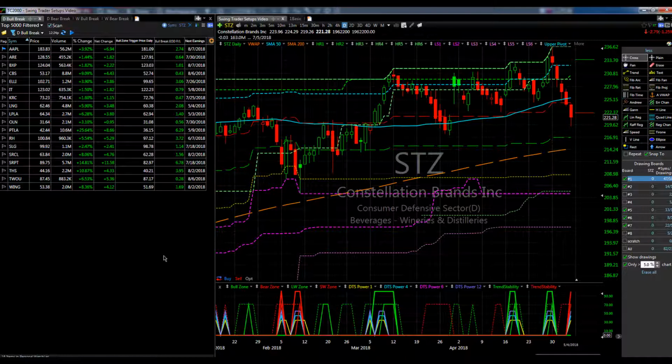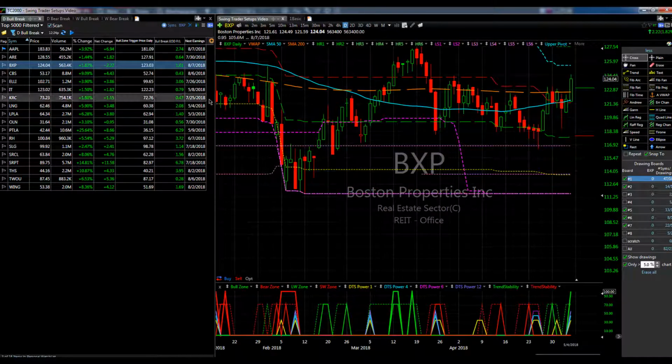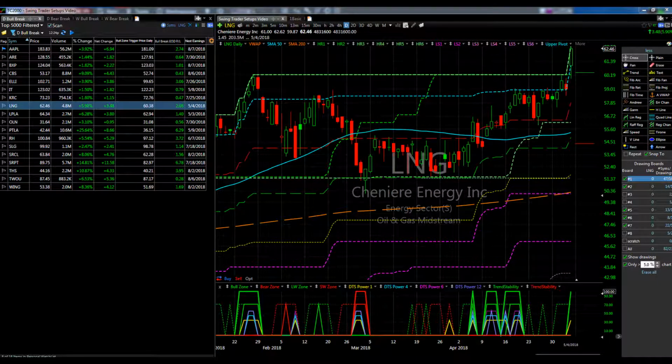That's going to be your bigger move stocks that just come out of consolidation, breaking into these areas. And you know, a lot of things have been consolidating. Like this is a nice consolidation. Where LNG is not so much consolidation as it is acceleration. So we're looking for the consolidation breaks, but that don't mean the acceleration breaks can't give you some great trades